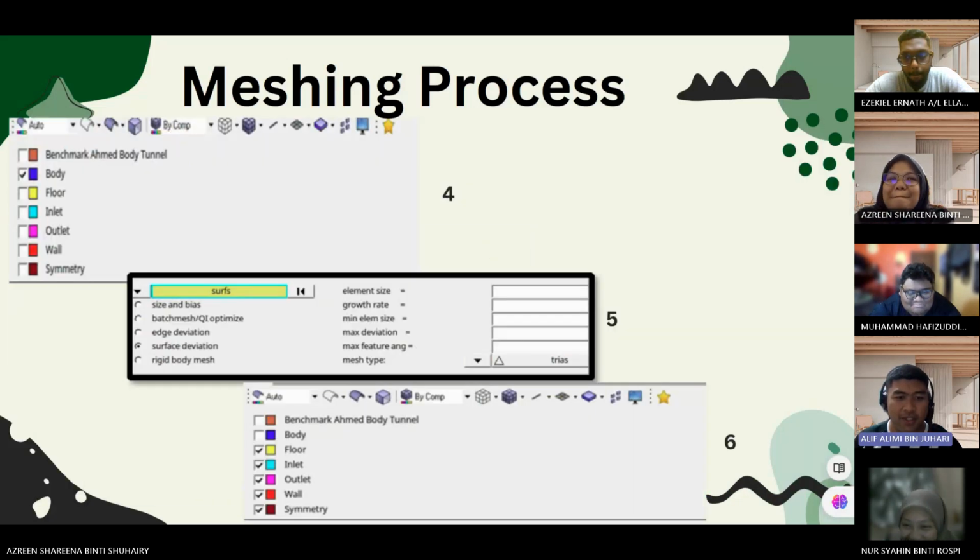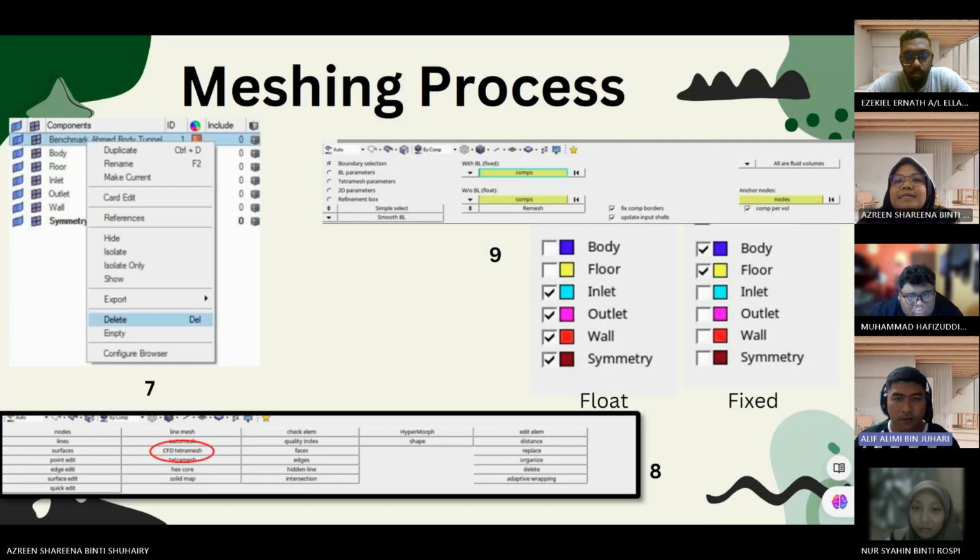Then we will choose the option whether it is flow, inlet, outlet, wall, or symmetry for configuring the surface deviation. After that, we will subsequently remove the benchmark known as the Ahmed body tunnel. For the number 7 picture, we will select the option for CFD Tetramesh and click on it. Number 8,